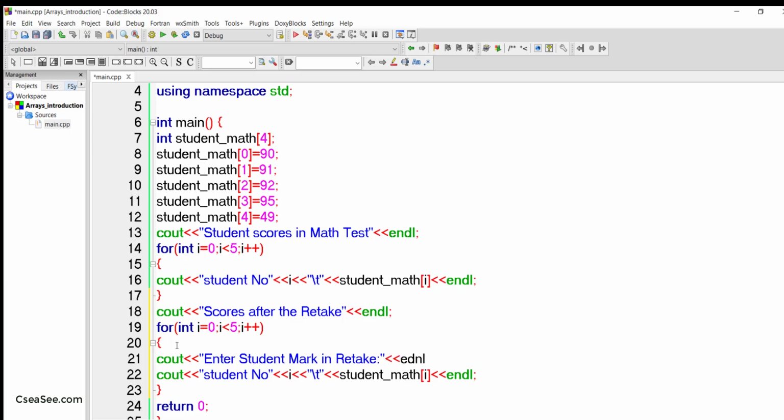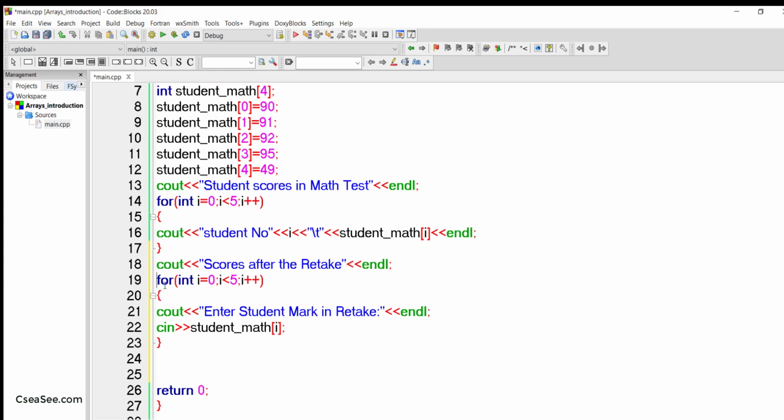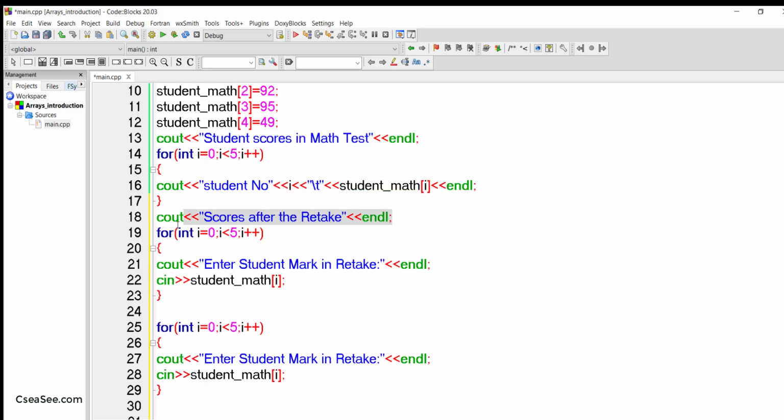So this would prompt, and instead of all of this, I need to give a cin, and don't give endl in cin. You will get an exception. So the marks are entered here, and now what I wish to do is print that input. So I'll copy this, and then I will take this out and place it here